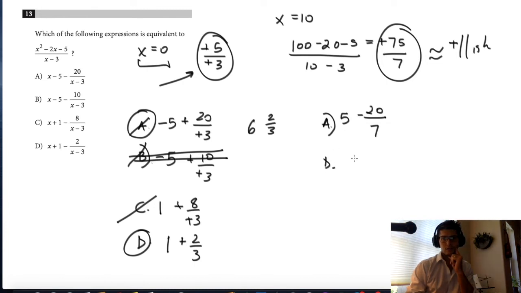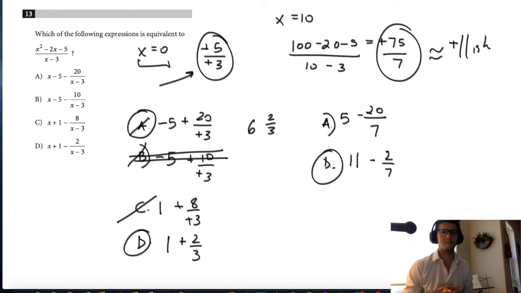And answer choice D, which gives us 11 minus a little tiny bit, which is 2/7. This is totally right. Okay, so I weathered the storm there. I apologize for the confusion, some sloppy math at times. However, by using values, I was able to work through a difficult question, and the only mistakes I made were kind of silly mistakes that I could have avoided by being absolutely explicit about these as the things I'm searching